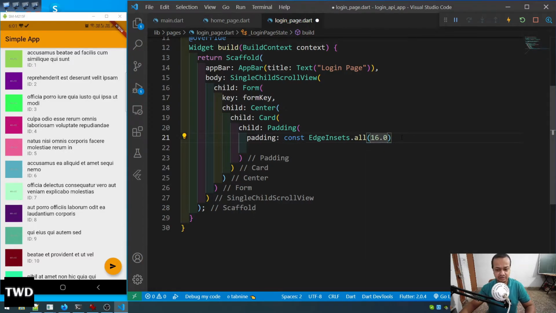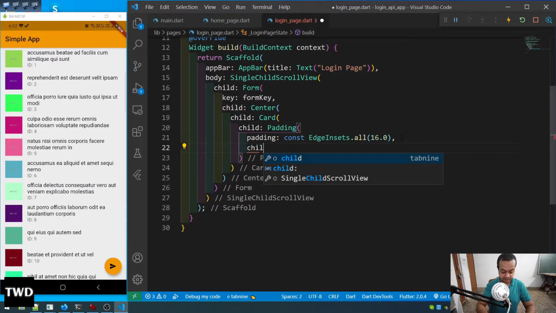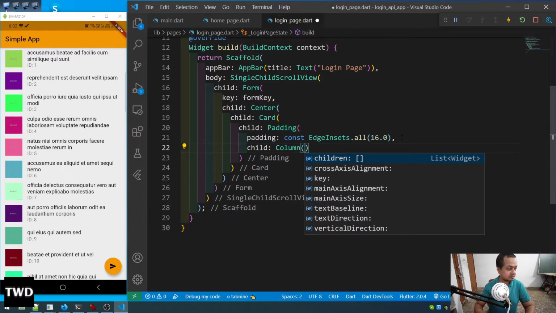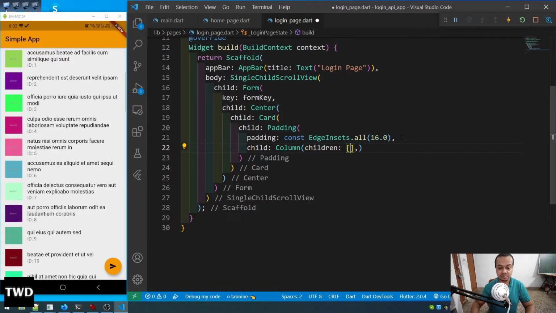So this is for padding. So there should be some padding wrapping everything. So then we'll have child and column and we'll have children